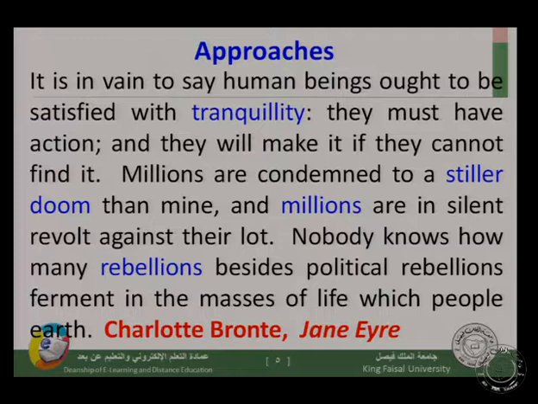Now, after the tranquility of Wordsworth and the Romantics at the beginning of the 19th century, writers and people actually, and women more than men, wanted freedom. They wanted action, and if they cannot find action, they will make it. Do you understand? Millions of human beings, still talking about human beings in general, not about men only,